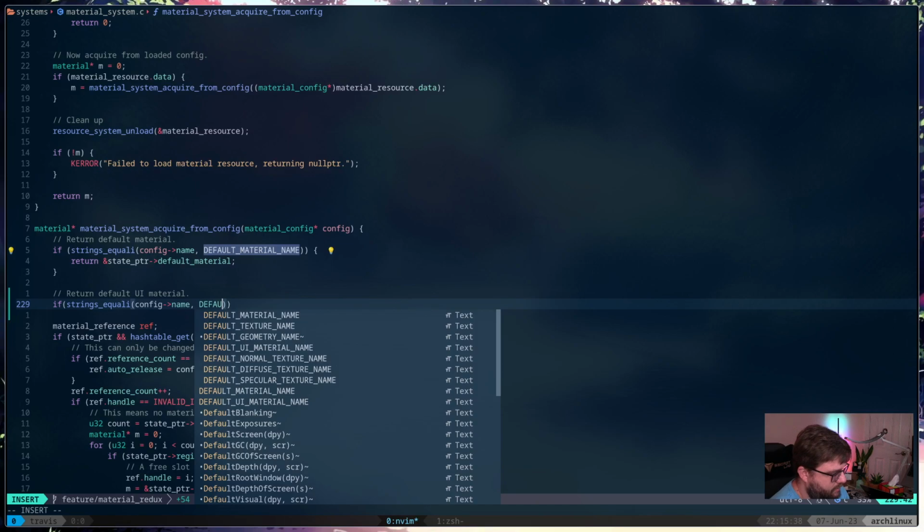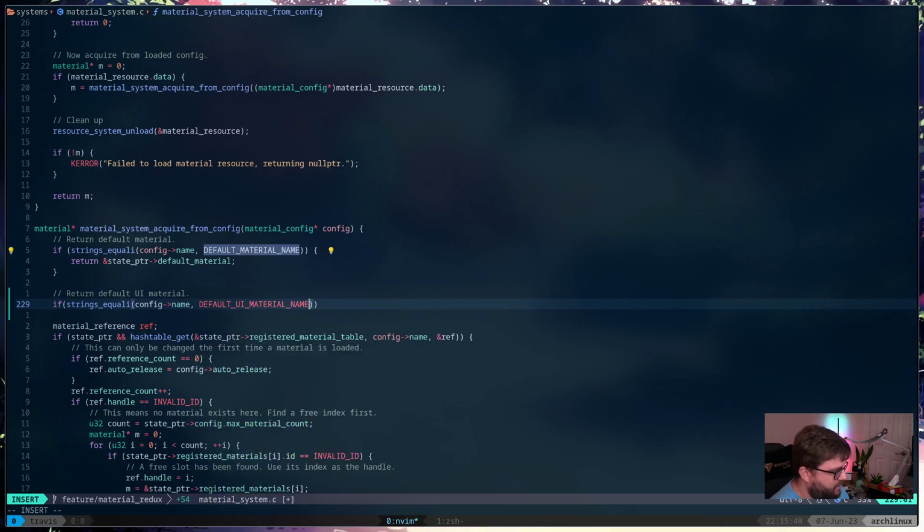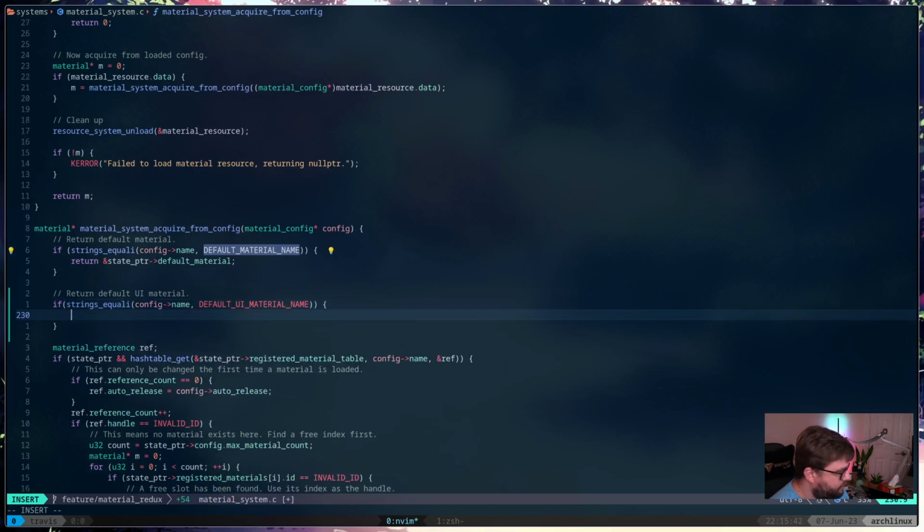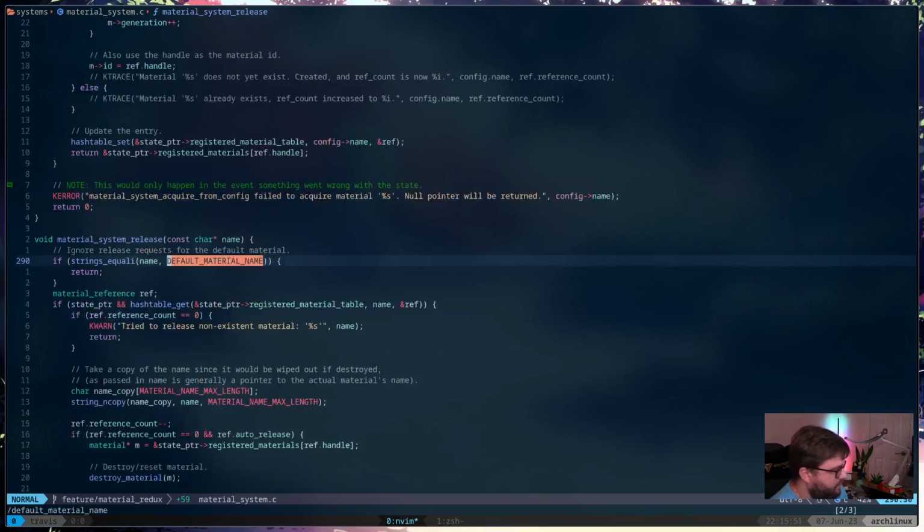Config name default UI material name. Return the address of state pointer default UI material. Okay.